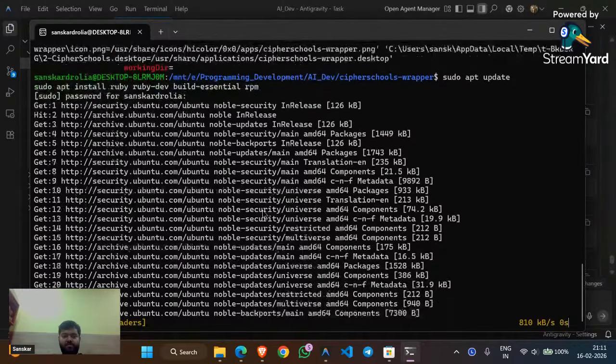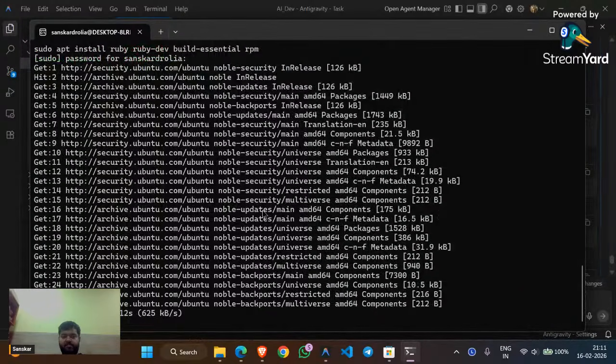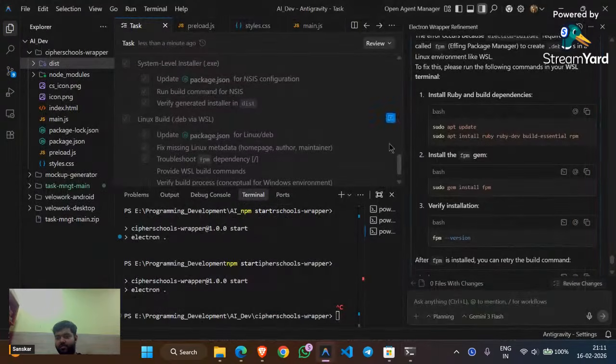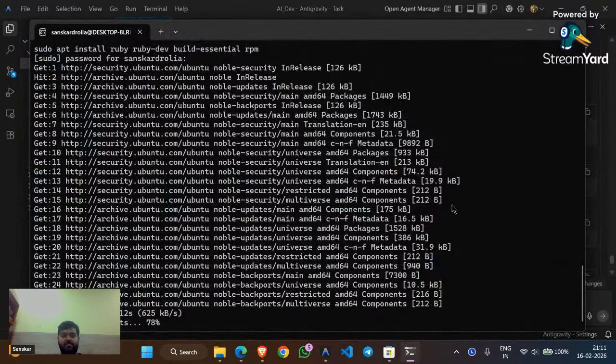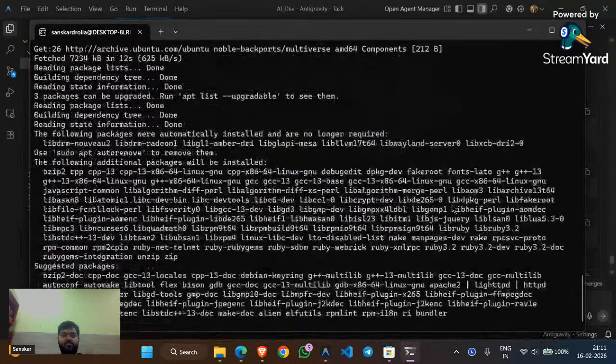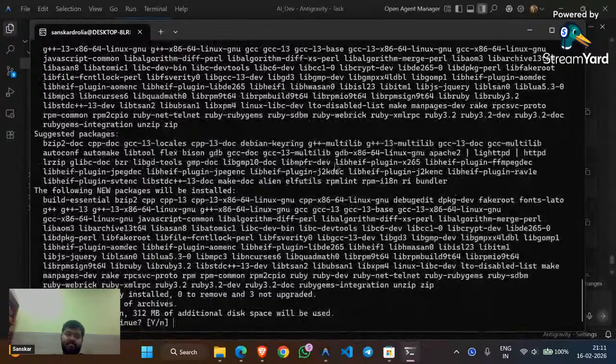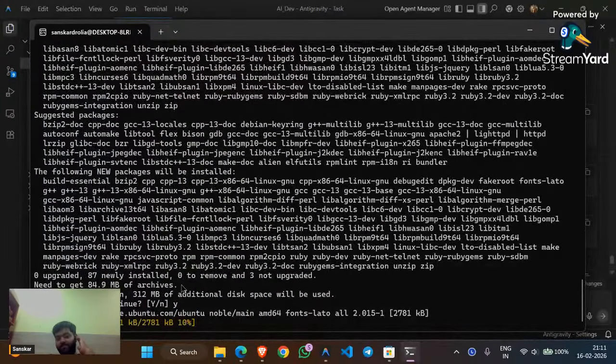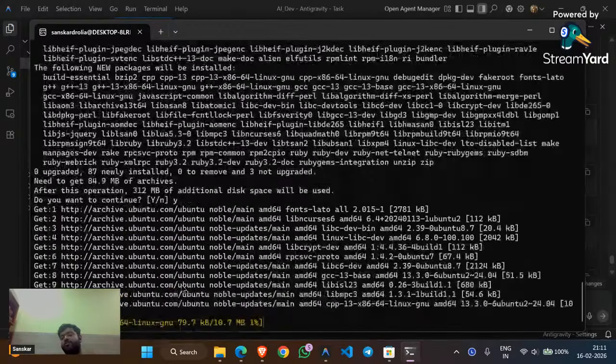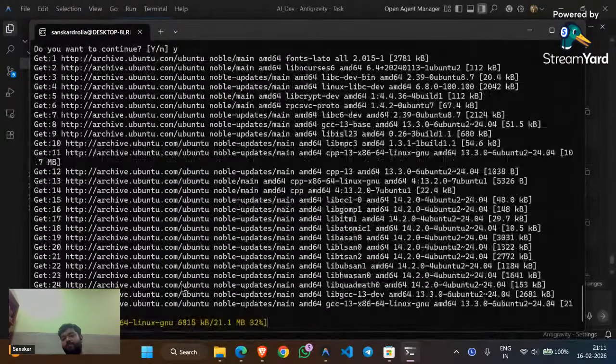Okay, so it's done. Now our next process is we need to install this FPM. Okay, it's almost done. Okay, we need to install this. It's 312 MB. So this is nothing but updating all of your Ubuntu dependencies,